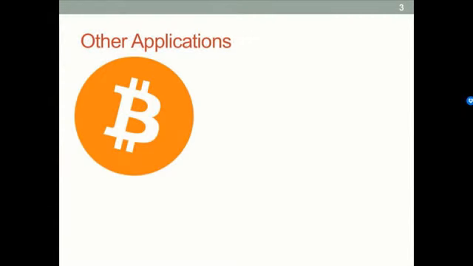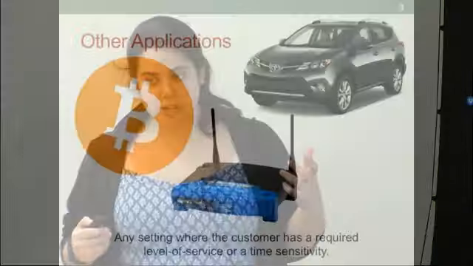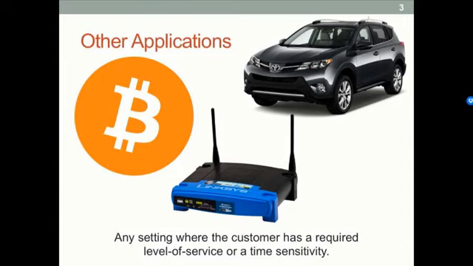Okay. So other applications, we're calling this a FedEx problem, but it's applicable beyond just FedEx. For example, it was originally motivated by Bitcoin, where you have customers submitting transaction fees and they want their transactions embedded in a block, and they want it done within some timely manner, some number of blocks. You can also imagine that it's some other quality of service. For example, if you're buying an internet plan and you want a certain speed and you don't really care if it's faster than that, you just want to make sure you're at least getting your speed.